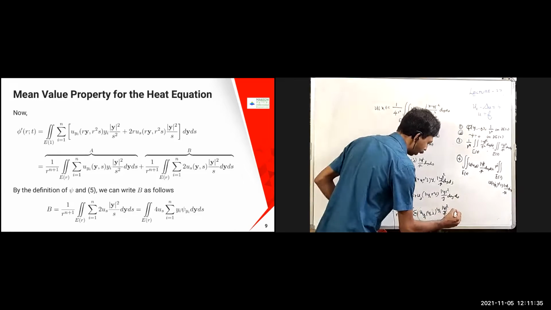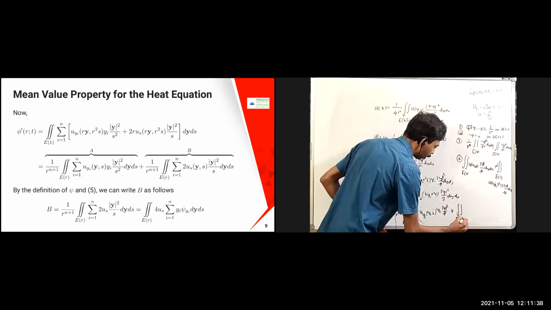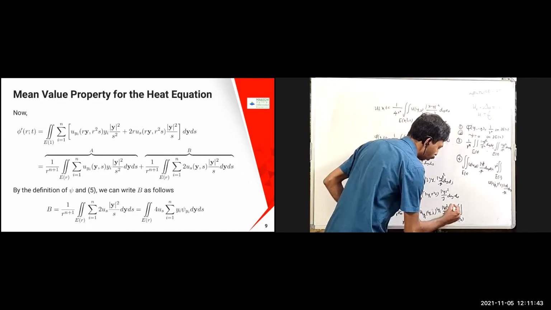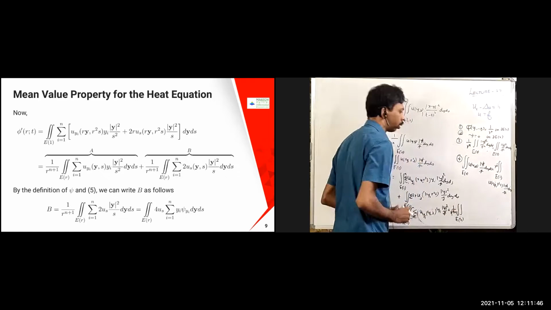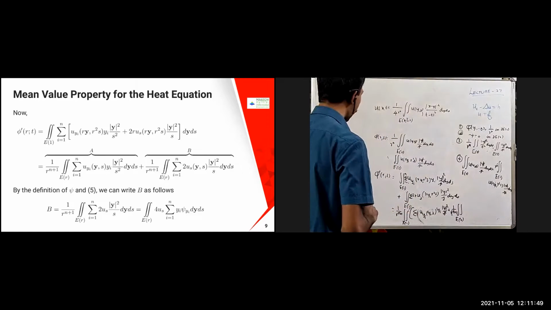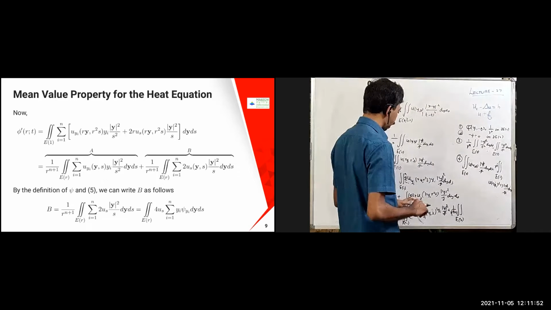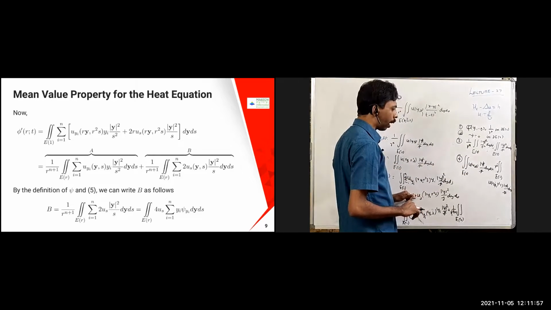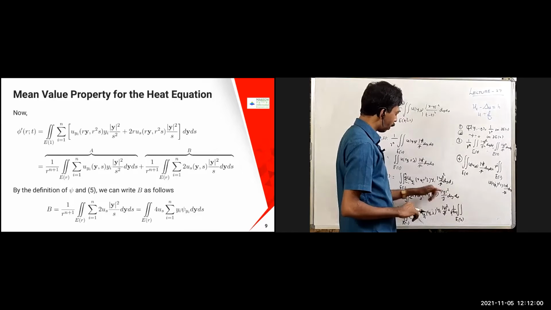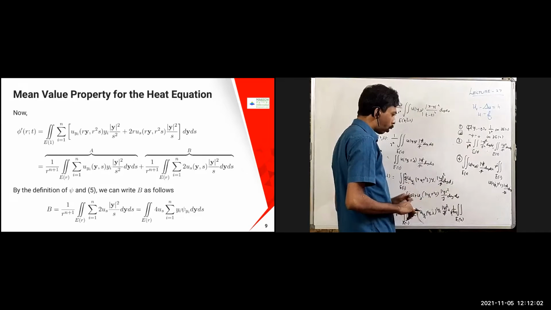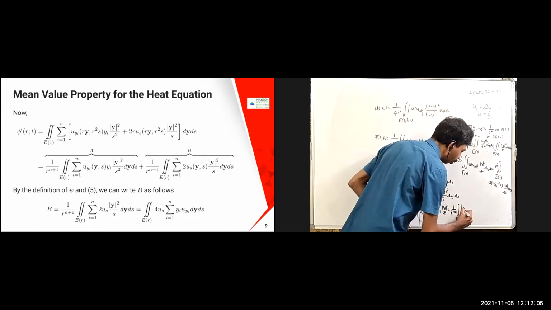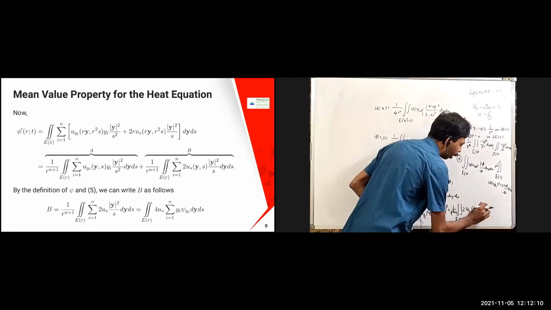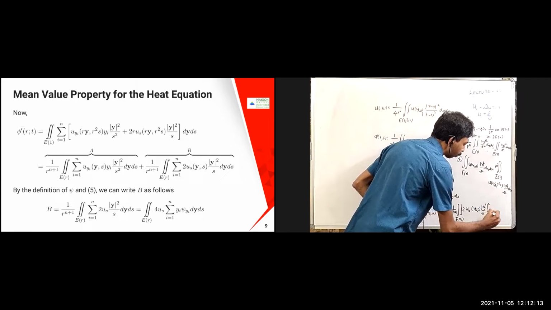Plus one more term, integral over e of r. Once again 1 by r power n plus 1 is going to come. Here, why r power n plus 1? Because there is an r square here, that you are going to translate here. So in that case you are going to get this r, and you have r into us, therefore one more is going to come. So this is going to become 2 into us into y comma s into mod y square by s into dy ds.